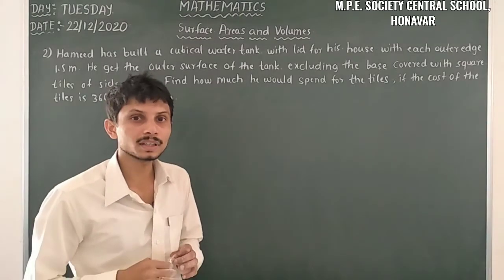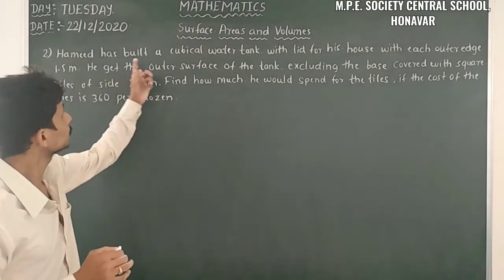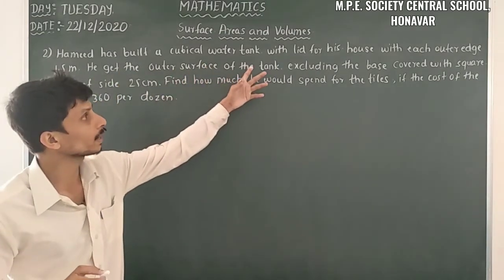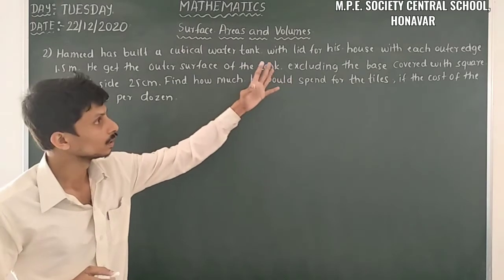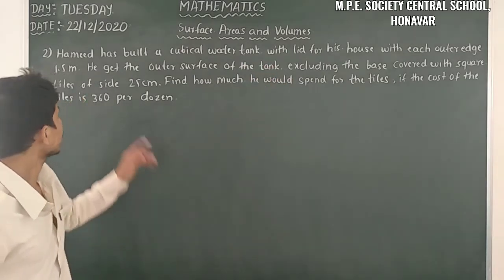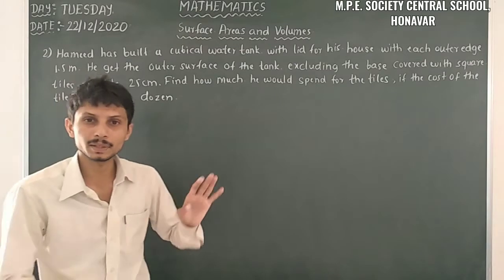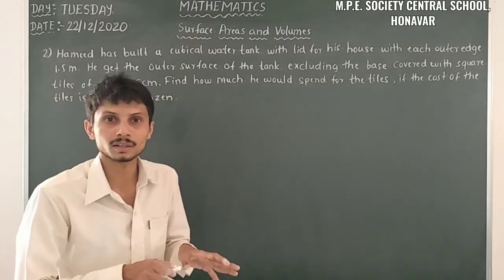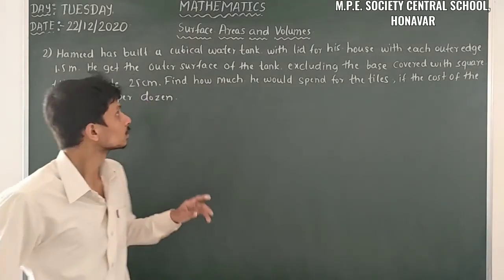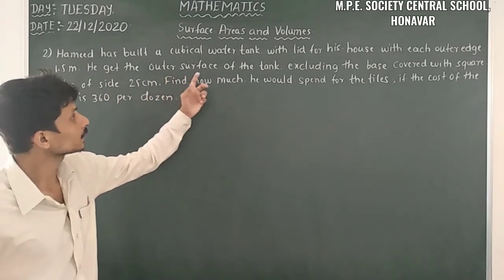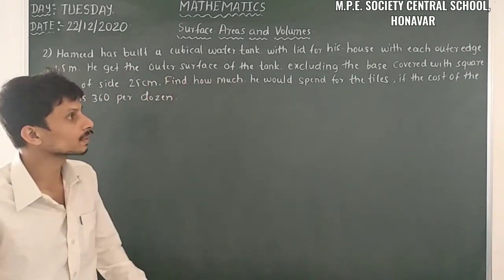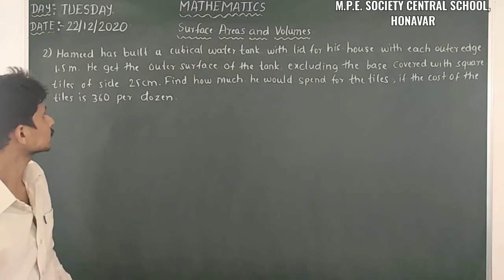Take the second problem here. Hamid has built a cubical water tank with a lid for his house, with each outer edge 1.5 meter. He built a water tank to store the water for his house. He gets the outer surface of the tank, excluding the base, covered with square tiles of side